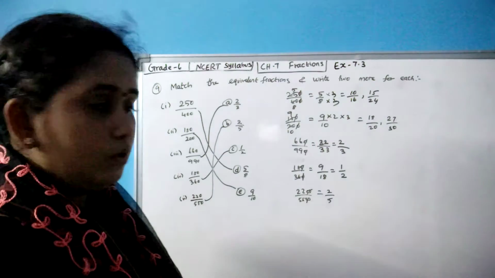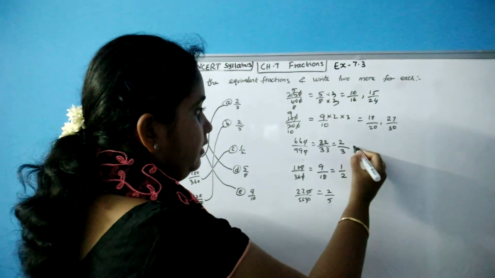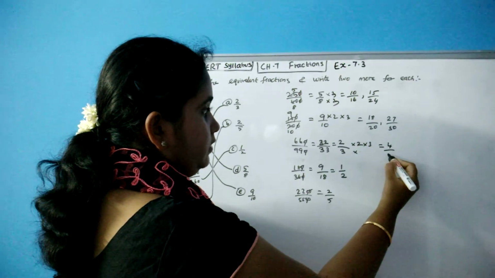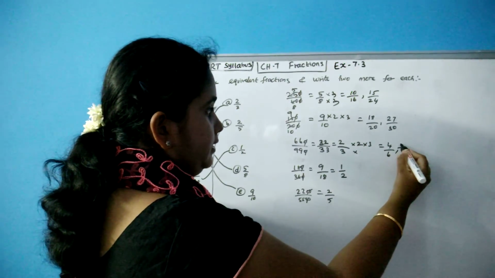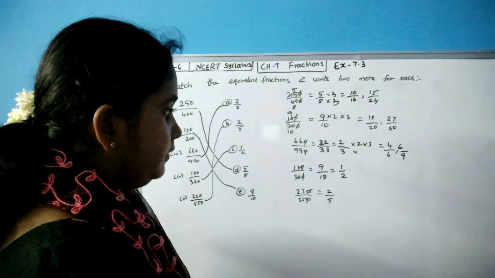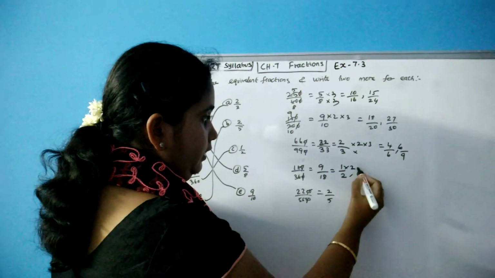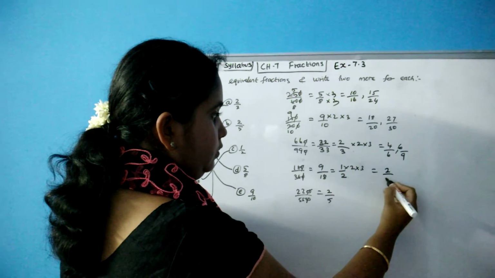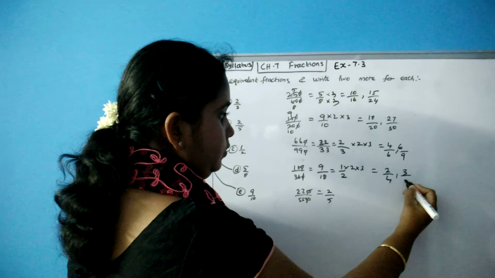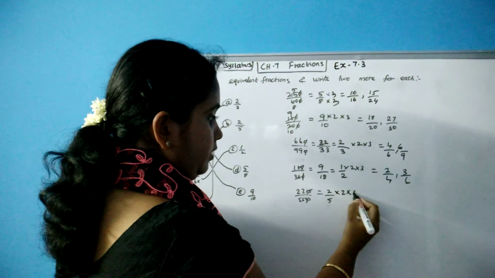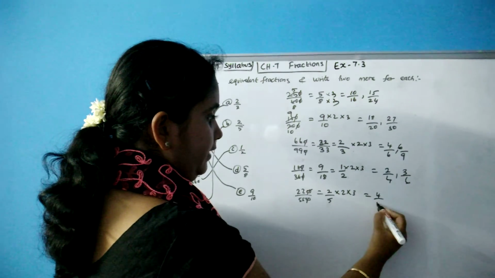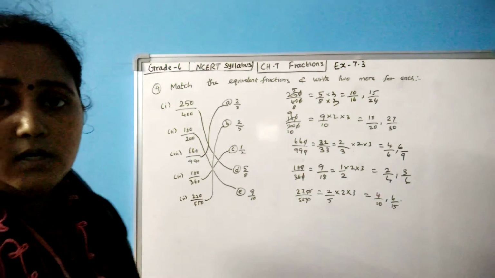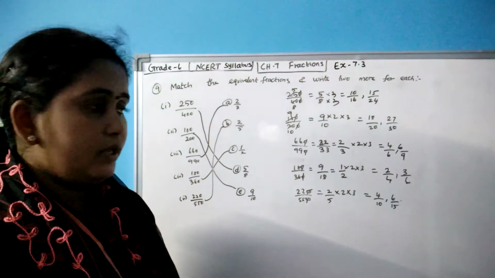Okay. Hope you understand. Next 2 by 3 into 2, into 3. 2 2s are 4, 3 2s are 6. Comma. 2 3s are 6, 3 3s are 9. Okay. Into 2, into 3. 1 into 2 is 2, 2 2s are 4. 1 into 3 is 3, 2 3s are 6. Into 2, into 3. That is 2 2s are 4, 5 2s are 10. 2 3s are 6, 5 3s are 15. So this is your 2 more examples for equivalent fractions.